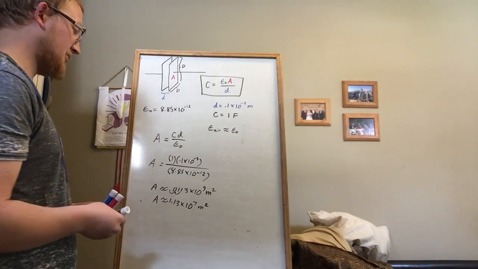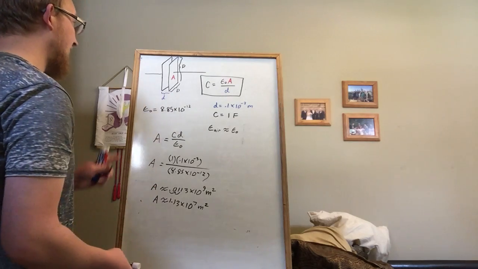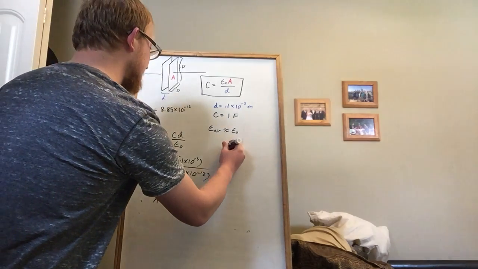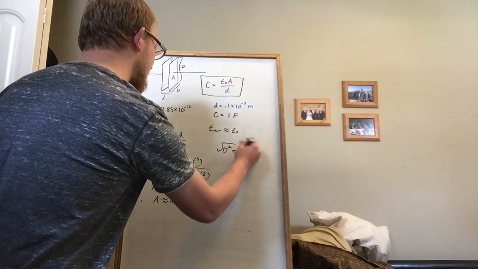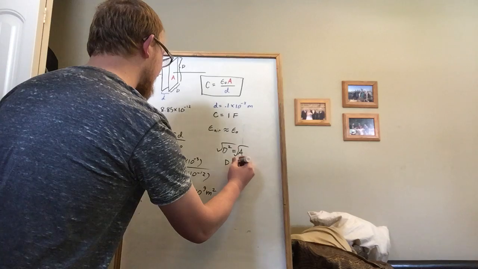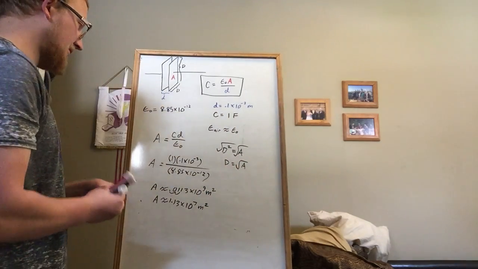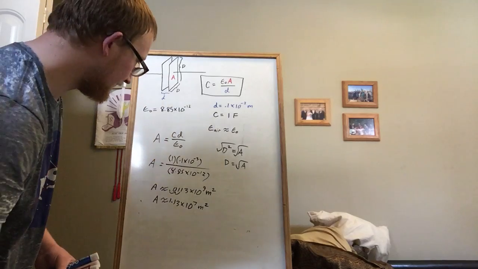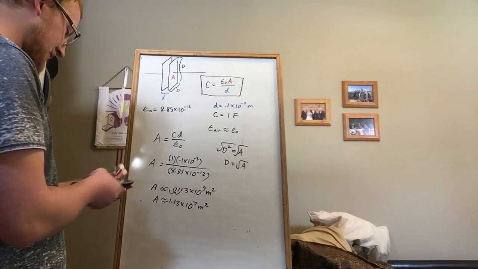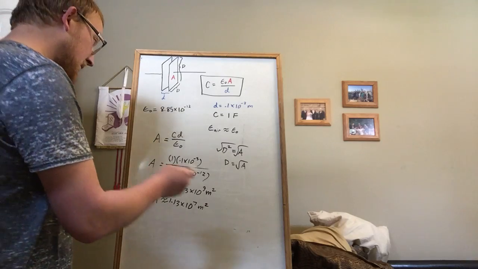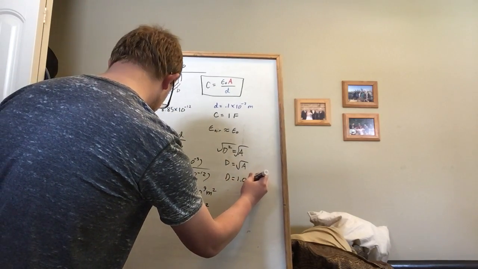And so in that case, because D squared equals A, if we take the square root of A, we could solve for big D. So let's go ahead and take the square root of A. 1.13, take the square root. That's going to give us D equal to 1.06, roughly,